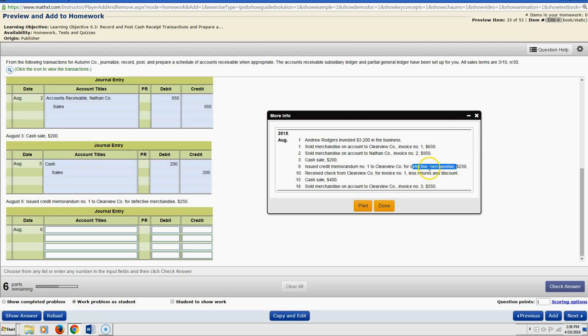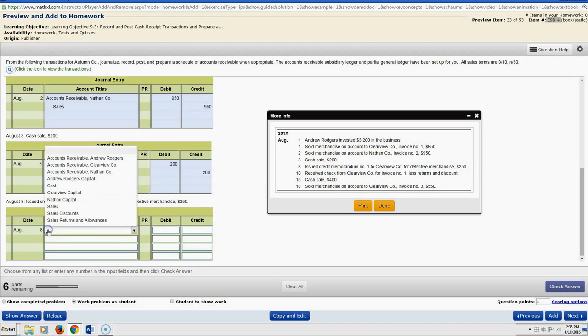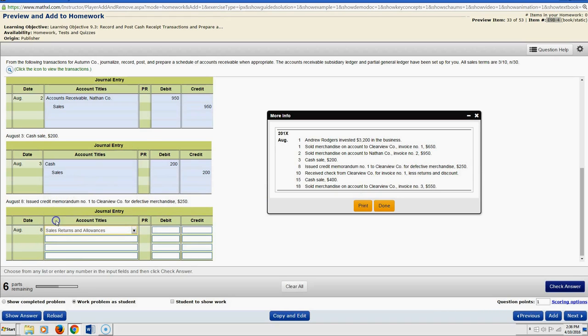We're either getting it back or we're giving him a credit, a sale return or an allowance, as the case may be. So that's a contra to the revenue. That's a debit balance item, which is going to be subtracted from sales when we do our income statement to figure out net sales. So $250 is going to be debited to that contra revenue account,